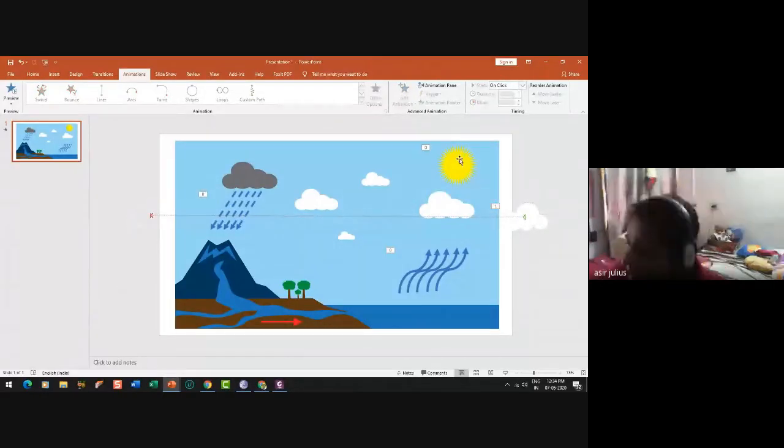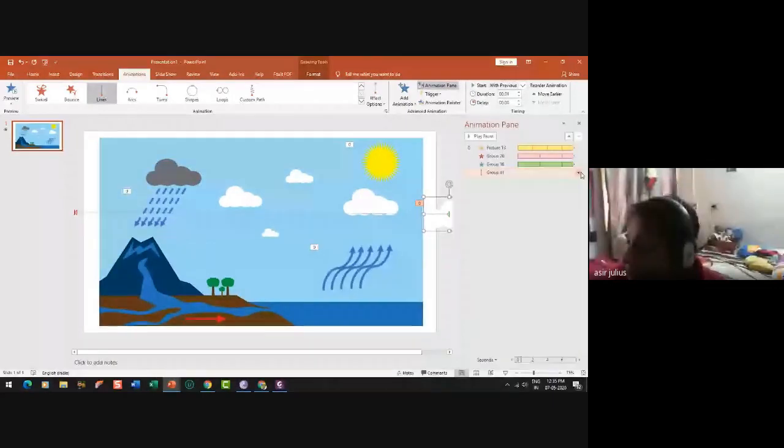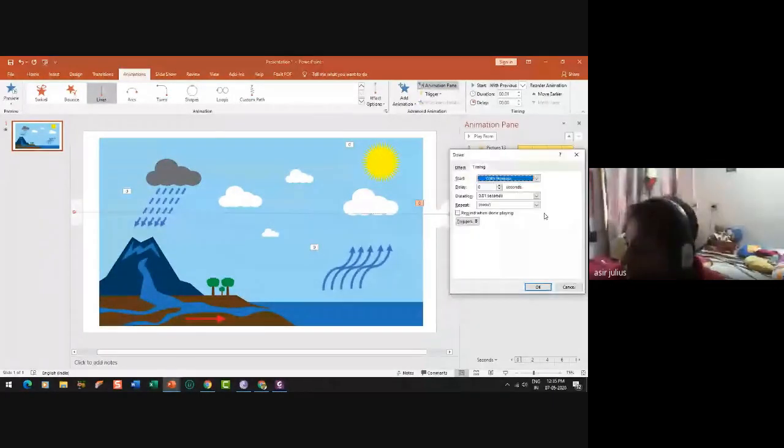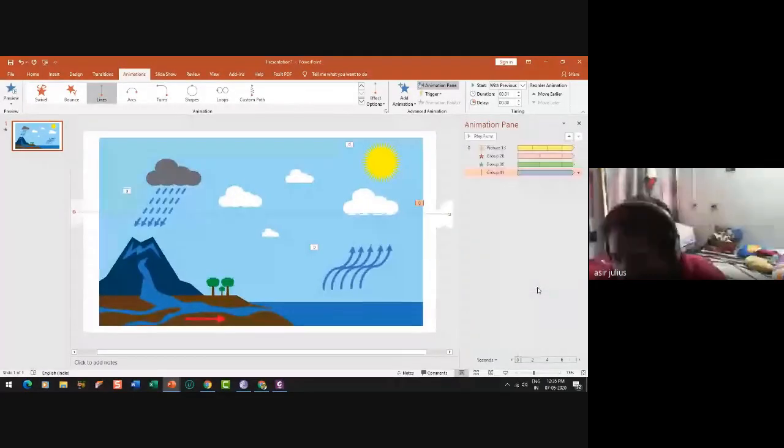Now we have animated the sun, evaporation, rain, and now this cloud. And we wanted to have this with previous and no delay. Right away it should happen. So again I'm going here, timing option, repeat until end. Great. Now we'll see what it is going to do.